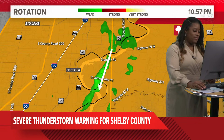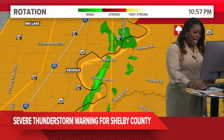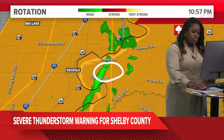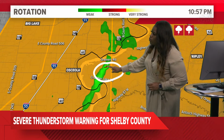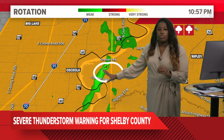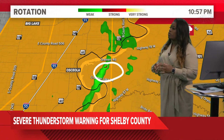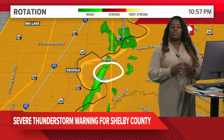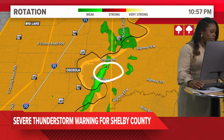for you so you can see exactly what we're talking about. This is for a possible rotation in that storm right there where that circle is on your screen. It's a little bitty piece of stronger rotation in there. The green shows weak rotation, but this red piece right there shows us there is some strong rotation mixed in there. This severe thunderstorm warning does have a tornado possible tag on it, so we have to keep our